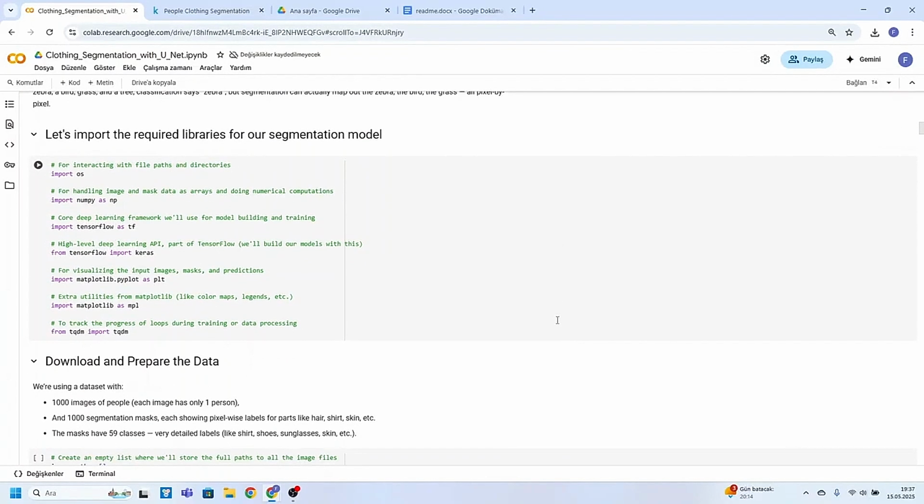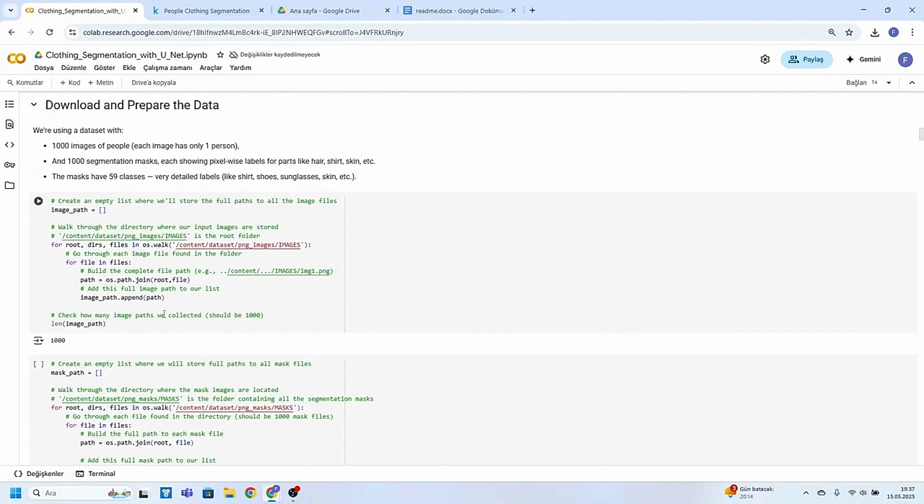Here we import the necessary libraries: TensorFlow and Keras for model building, NumPy for numerical operations, Matplotlib for visualizations, and TQDM to show progress bars during loops.